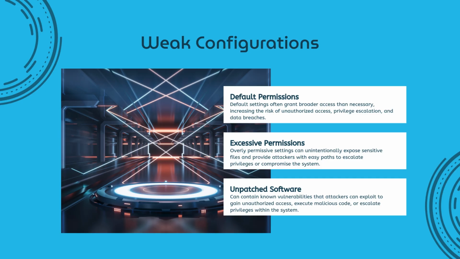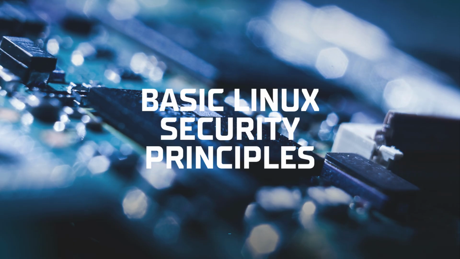So part of securing a Linux system is reviewing your setup, every setting, every permission, and making sure you're not unintentionally leaving the door open. So how do we fix that? Start with the basics. Harden your system by removing what you don't need, manage file access properly, and encrypt important data. These small steps add up to a big security improvement.